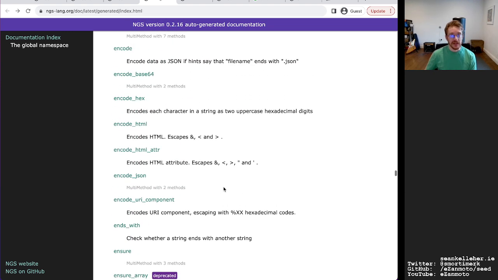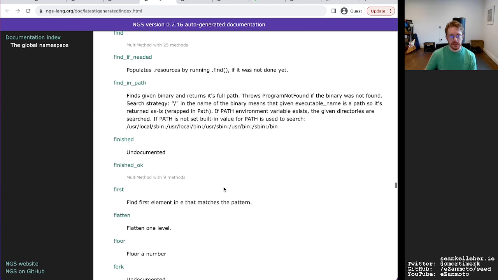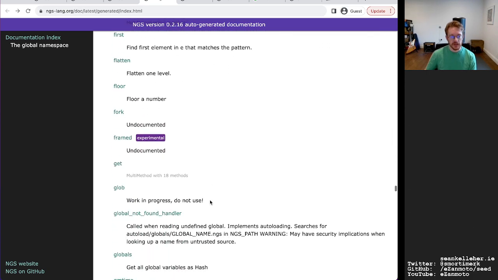Whereas for things like scripts, especially when they're going to be a bit shorter and used by developers, having asserts throughout can be kind of useful, so that you don't have to handle all the cases. You basically just handle the happy path for the most part, and if any of the constraints are violated, then you throw an exception, but hopefully a readable one. So let's see, find in path, interesting.